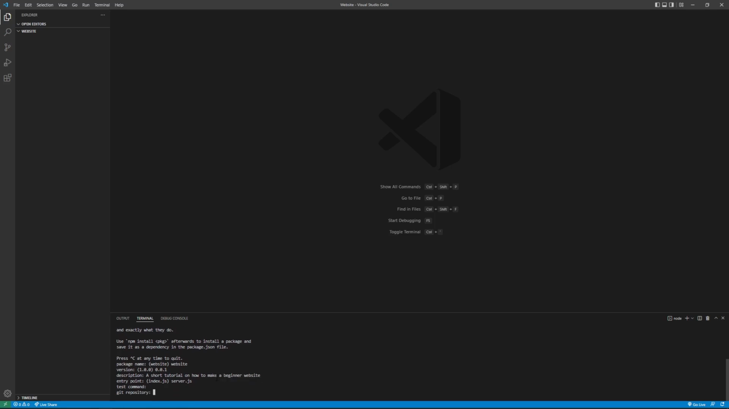Test command, we don't need that. Git repository, we don't need that. Keywords, we don't need that. The author, you can have however you like, but I'm just going to type in my name. The license, doesn't matter. I just type in MIT. That looks good. So we do that. Alright, so it made the